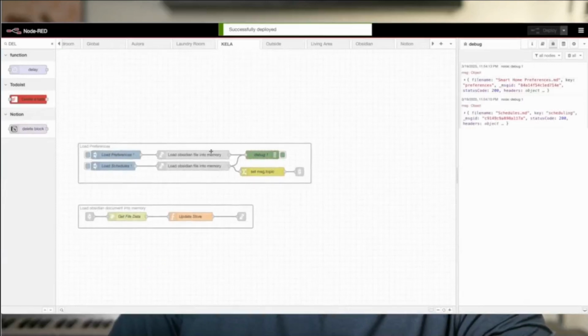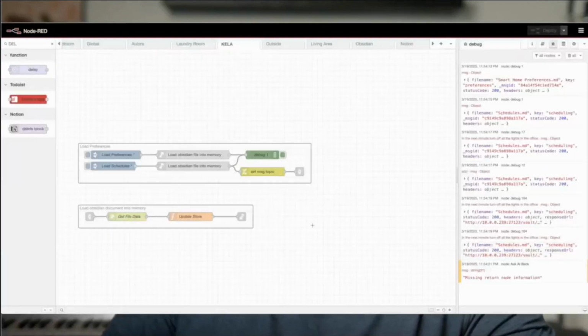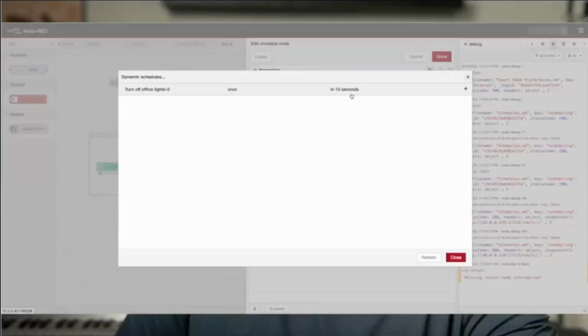So we can see that this has started running. Schedules. That went off really fast. Nice. Yeah, so it did it at the top of the next minute. It did it right there in 13 seconds, because that's how much time was left for the top of the minute.